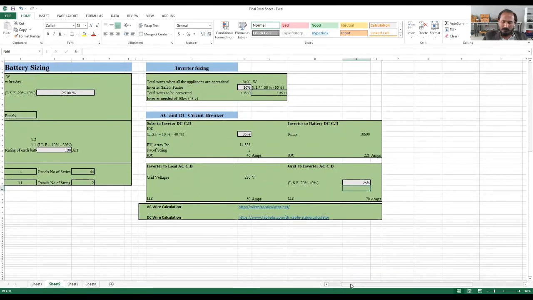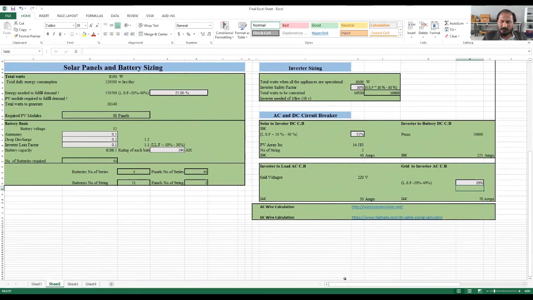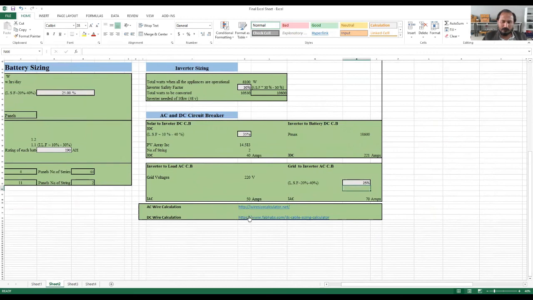Now the main thing is how we decide the AC and DC wire diameters, their specification. First of all, if I click on this link, this is an online link, AC wire calculation, and I have a 50 ampere AC circuit breaker. So I will click on this and show you. Here is the input voltage at source. Of course we have a 220 volt single phase. You need copper or aluminum.